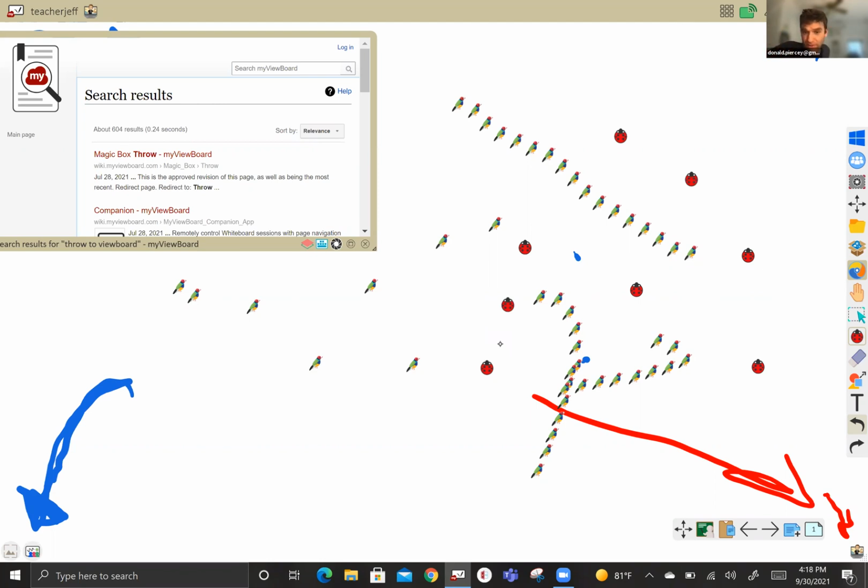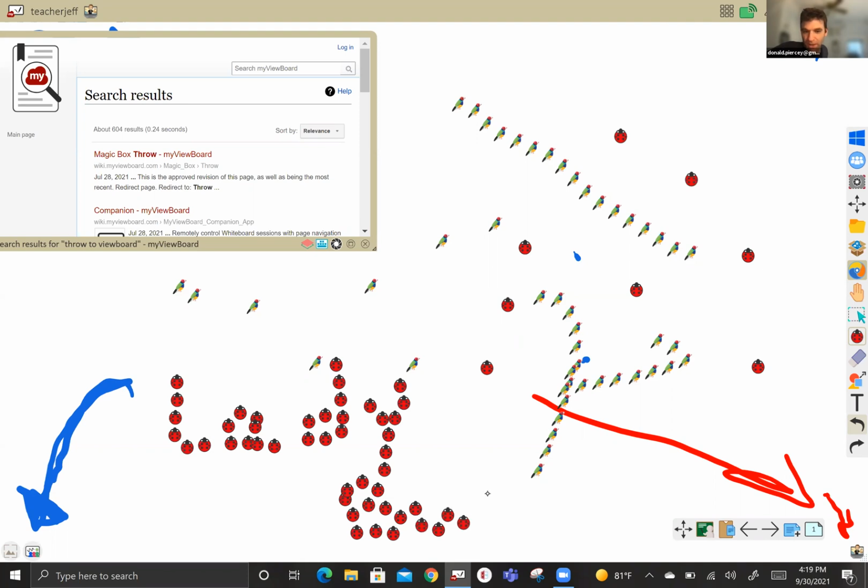a pretty invaluable skill. And sometimes when we see these ed tech tools, it's like, oh, that's a neat little trick, but how can I use that? There are 1,000 ways that you could use, whether it be being able to insert widgets or putting it in companion mode. Like the thing about the MyViewBoard app is it's not designed for a particular subject. Like it's got all of these little gadgets and bells and whistles that ultimately, you know, as a creative teacher,